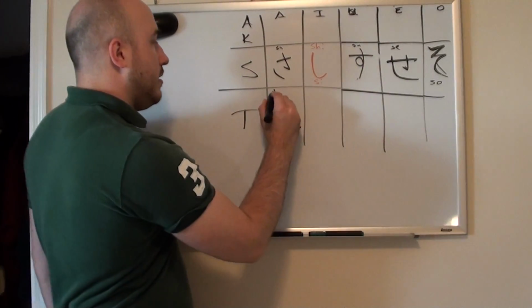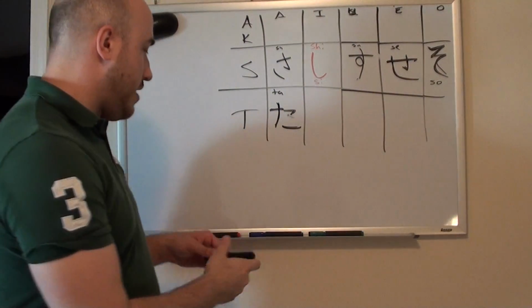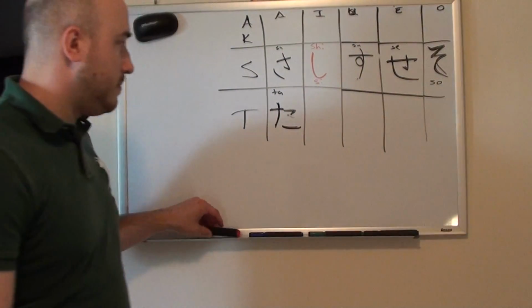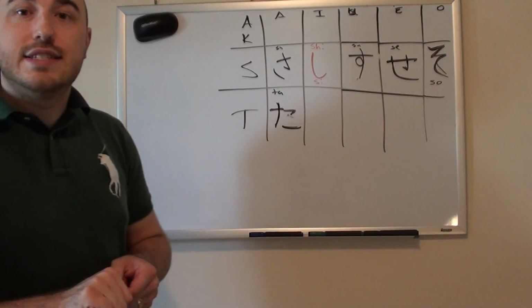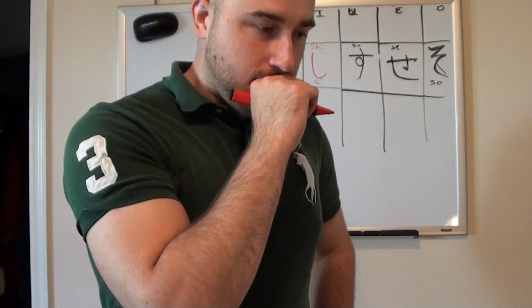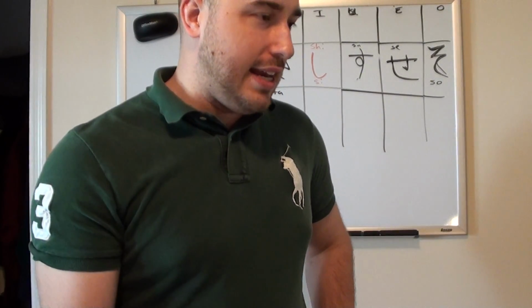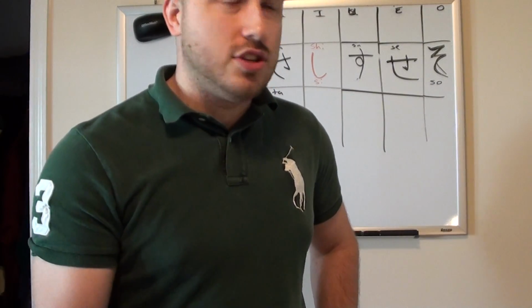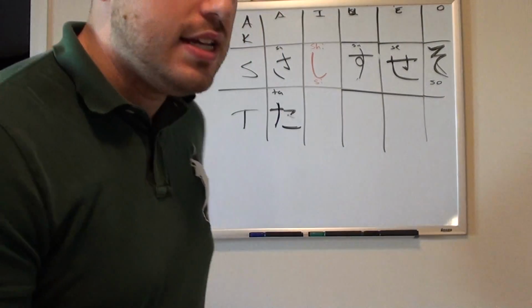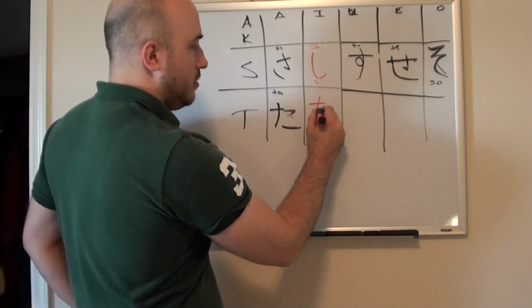That is ta. The next two are pronounced strangely, so they get a special color. This one is chi, as in cheese. What's something that has a chi in it? Cheese, China, chi, like the CH sound. It is written 1, 2,